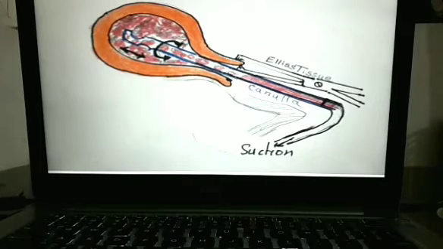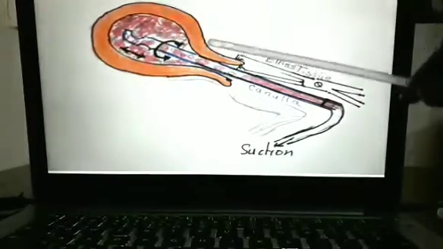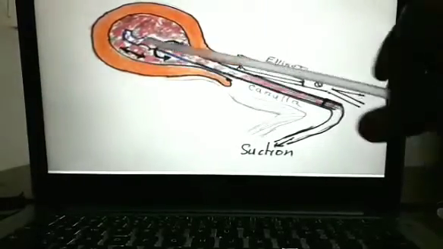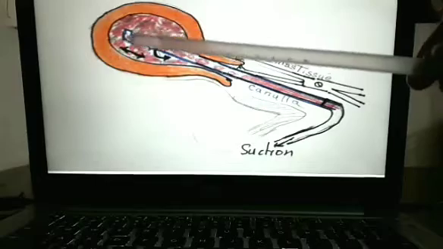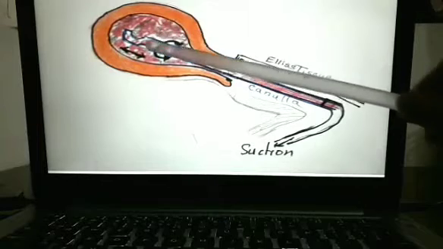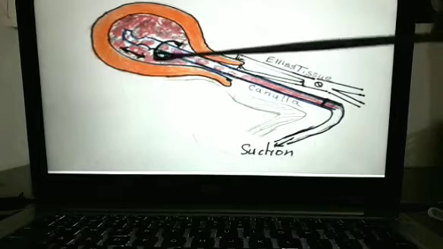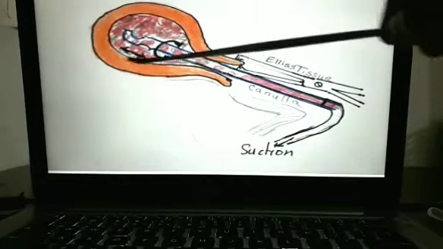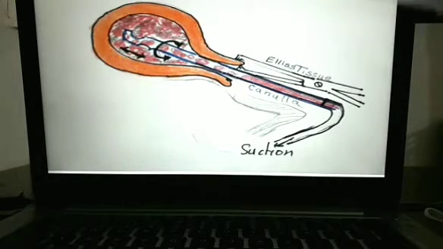Then next, the suction cannula is introduced, which is connected to a tubing and suction machine. To and fro movements of the cannula are done, and simultaneously rotatory movements of the cannula are done intermittently. If this cannula is inside, the holes are on either side and the tip is blunt, so with that the products get aspirated. Lastly, after the procedure is complete, the remnants are curetted with a blunt curette like this. And then once more the cannula is introduced and the rest of the products are aspirated. This is how the procedure is completed.